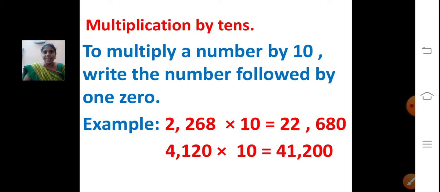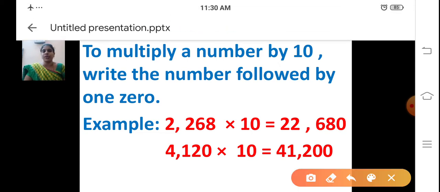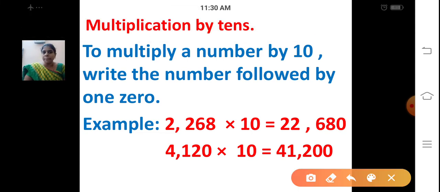To multiply a number by 10, write the number followed by 10. What you have to do? To multiply a number by 10, write the number followed by 10. So first we have to write the number and at last you are going to write 10. Example